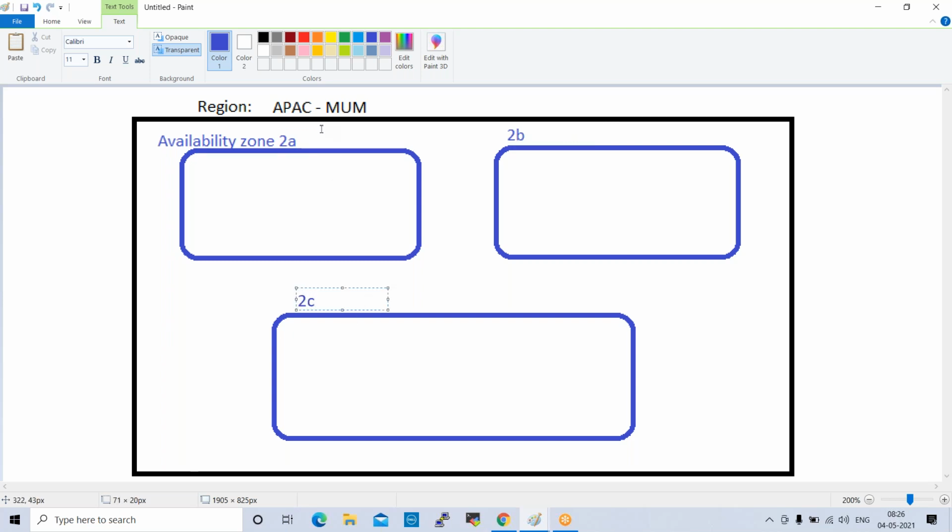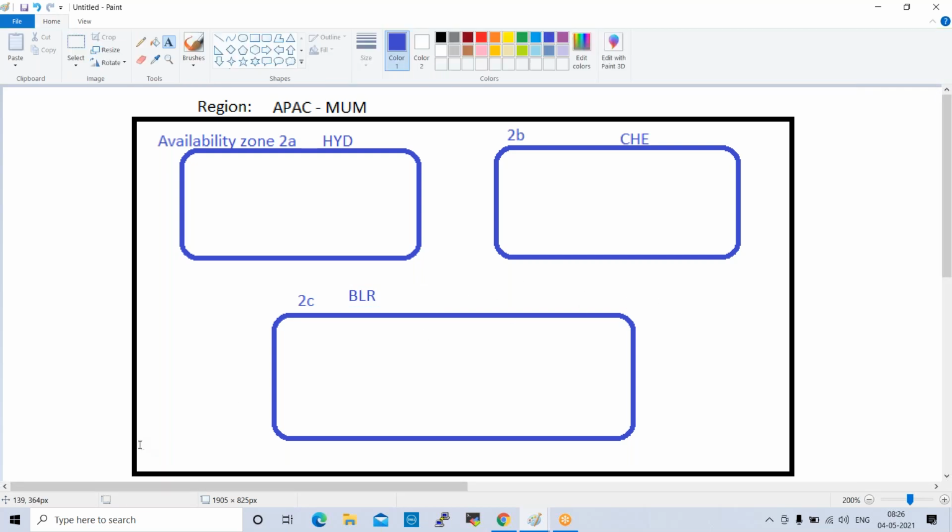For example, this is the Hyderabad availability zone, this is the Chennai availability zone, this is the Bangalore availability zone. So why are this many availability zones required? What is the use of these? We call these availability zones DR data centers.